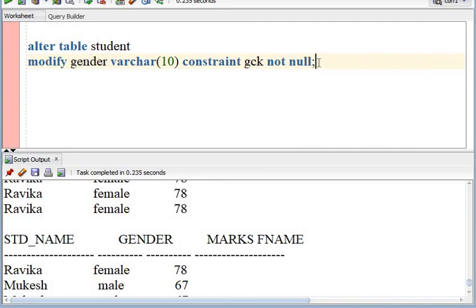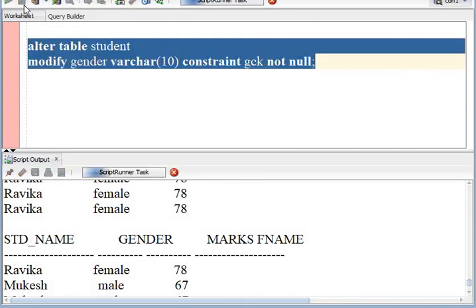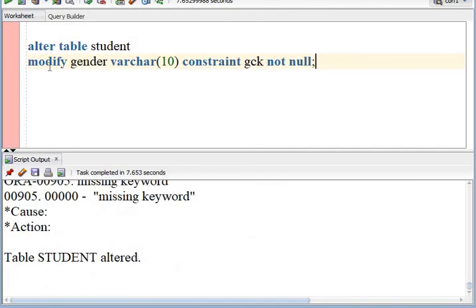So let us see how we can use this information. So now again the student table has been modified or altered, and now this constraint not null has been applied on this gender, and we can identify this constraint by GCK.